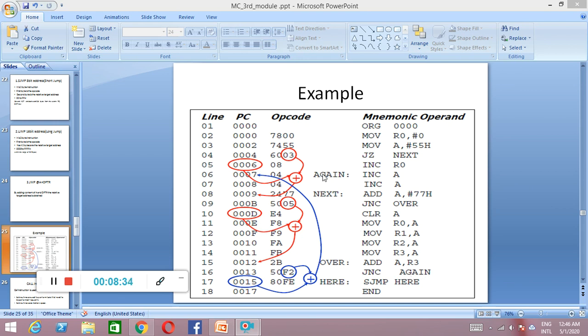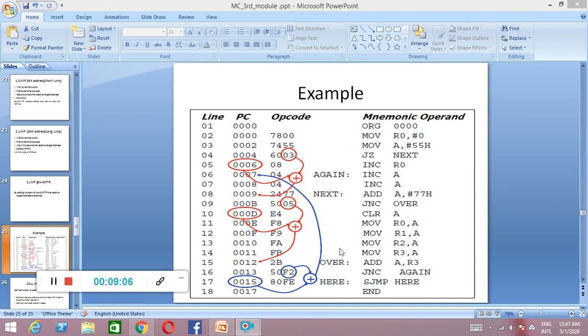This is the again label, so from here to here it is going to jump. How does it do this? 0015, the program counter's next address content, is added with the relative address after it. So it takes you to this one. Here, 0007 is the address where we are going to execute our next instruction.